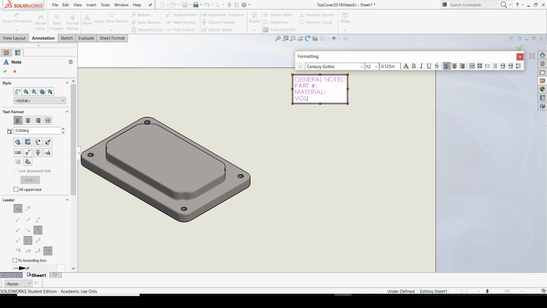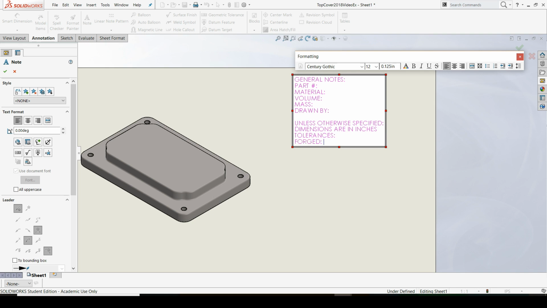We'll do volume, mass, drawn by, and then hit space twice. Type unless otherwise specified. Type dimensions are in inches, and then tolerances, colon,